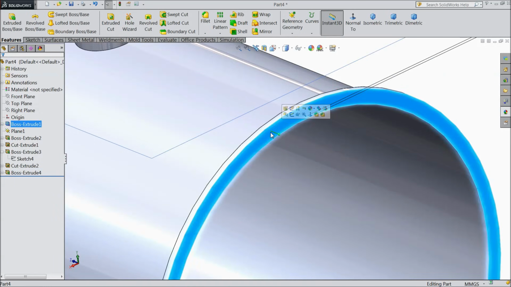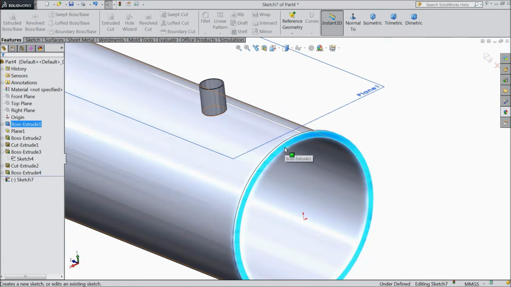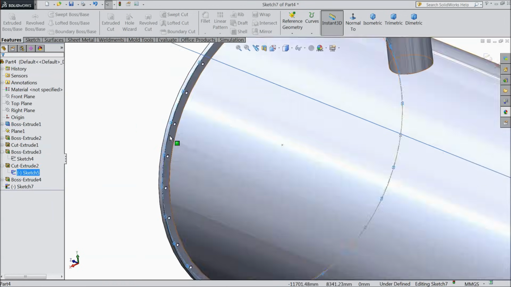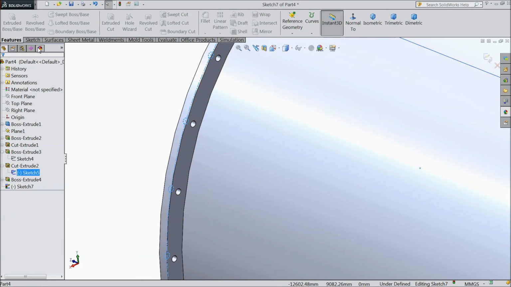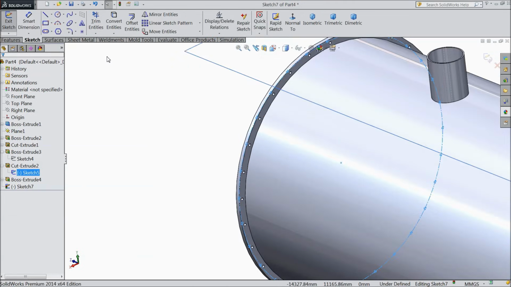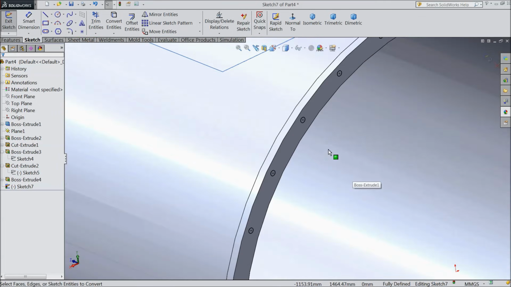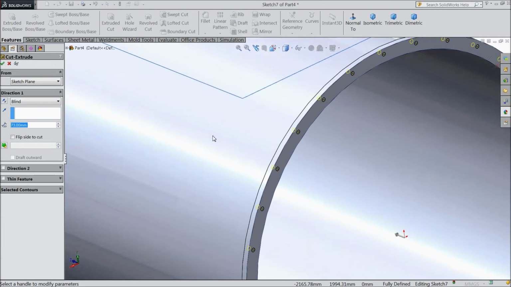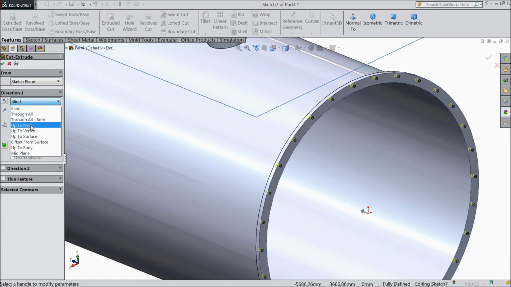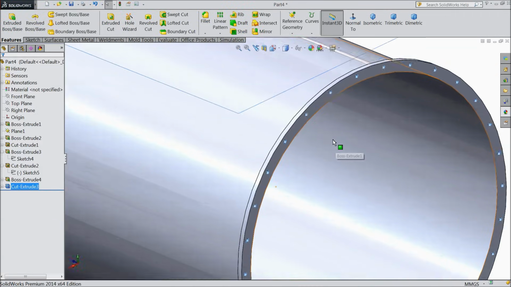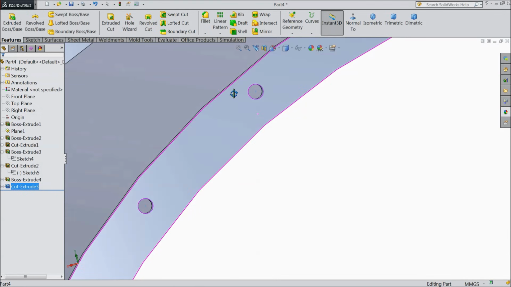Now select this face, sketch, and again we will take help from the previous step. Select sketch 5 for this hole. Click convert entities. Now you can see it is converted here. Now select extruded cut and select up to next. Okay. Now see the holes created.